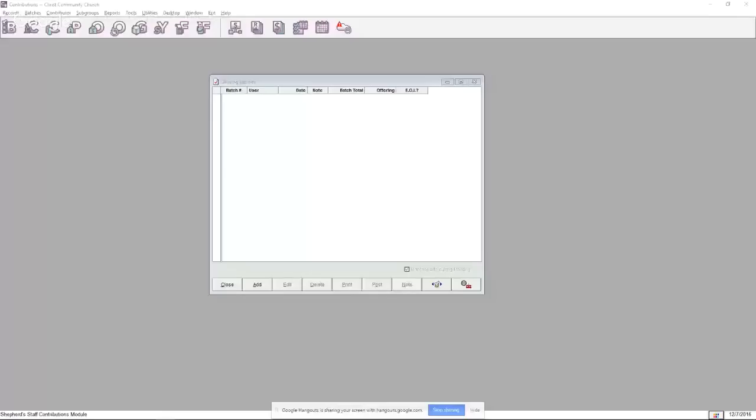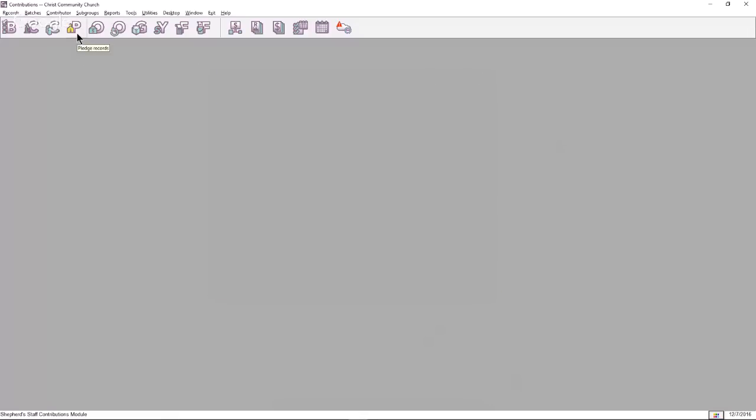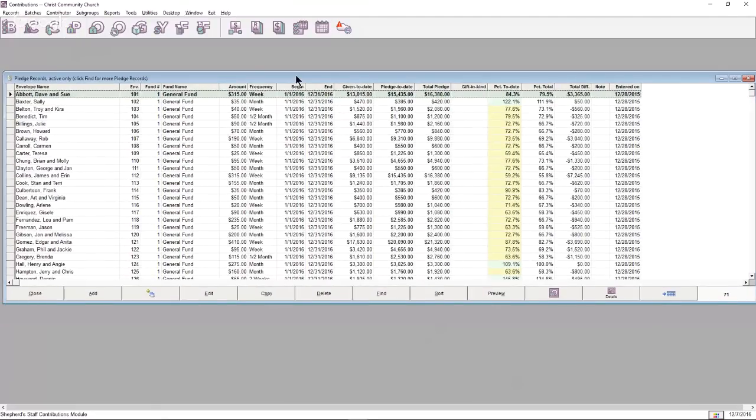There we go. And everybody should be able to see contributions now. And with contributions, let's go ahead and add in a couple of pledges. So to add pledges in, we would go to the P here at the top, and that will bring up my pledge records grid. And when the pledge record grid comes up, you'll notice at the upper left, pledge records